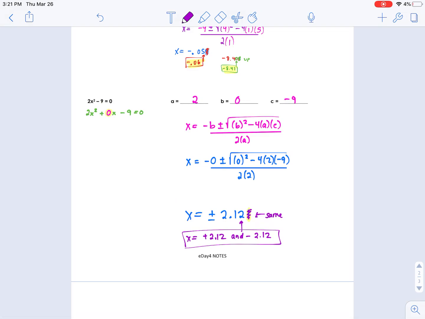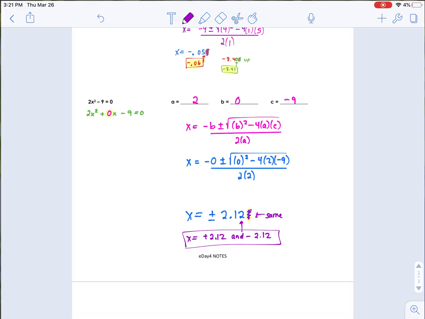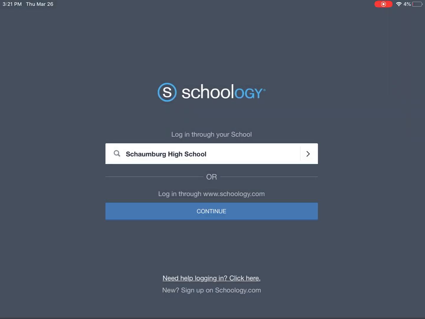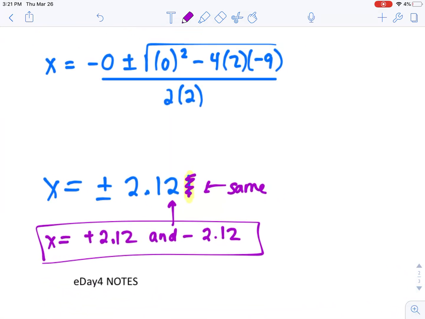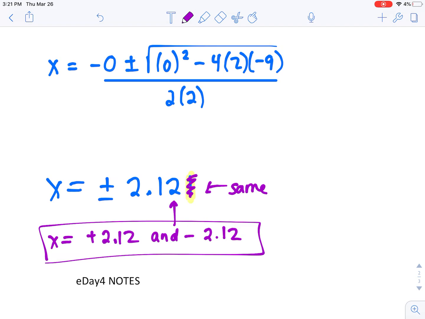Your homework is to do 10 questions in the quizzes. My Schoology isn't up and running yet, but when you are in Schoology, if you click on the link to the homework, there's going to be 10 questions. You can either take pictures of all the screenshots of your calculator, or just show me on paper what your formula is when you plug in and what your answer is. You're going to have to do quizzes on the iPad, but then also take pictures or submit your work via Schoology. I need to be able to see your work. Know that the quiz is multiple choice, and to be very careful when you're